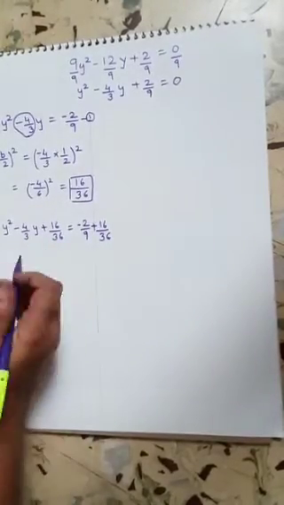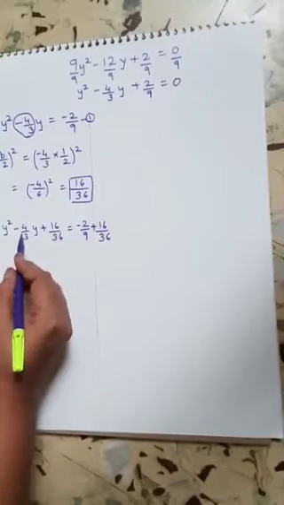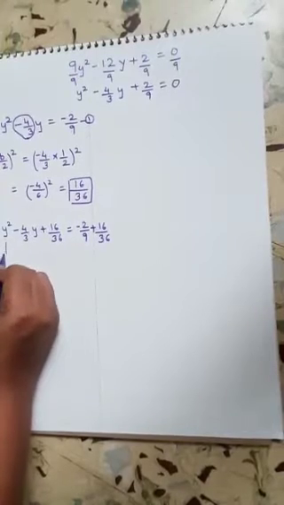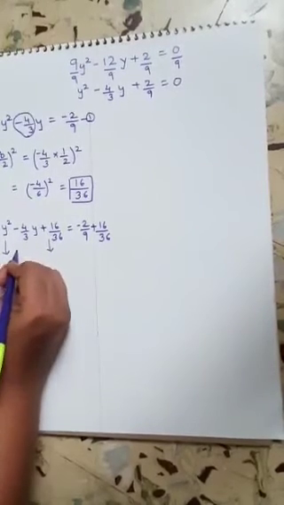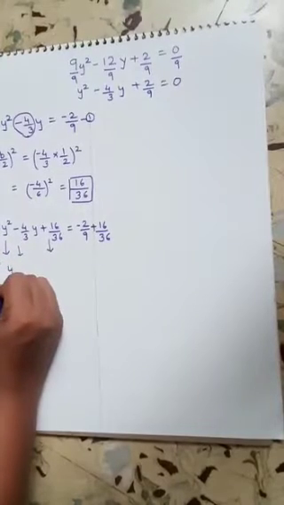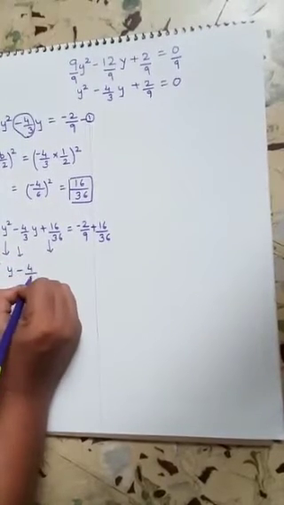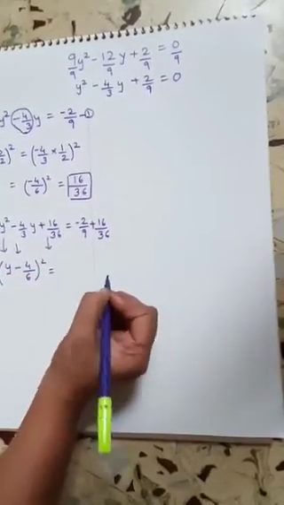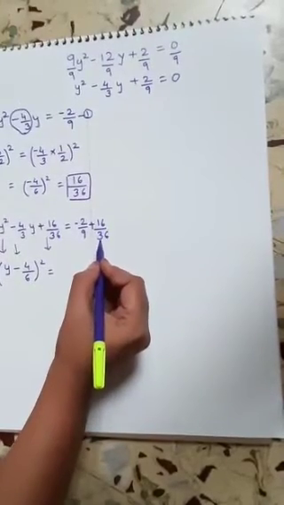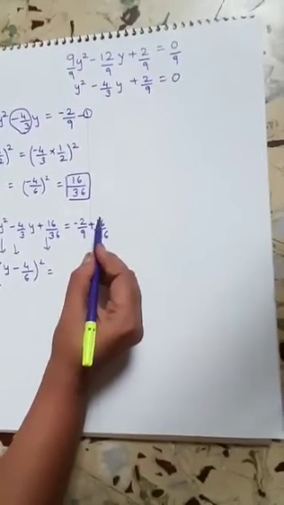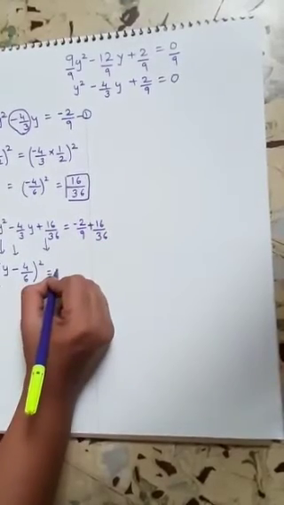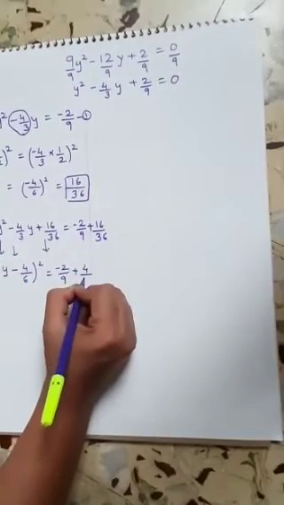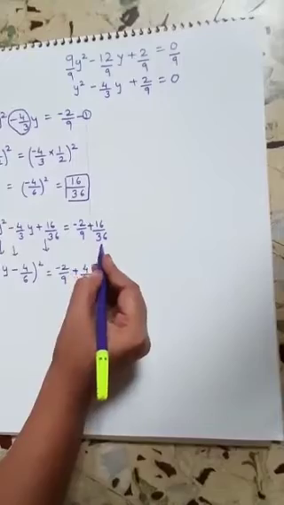Next step, take the square root of this, and put the middle sign. Okay. So if I take the square root of this, it's going to be the square root of this, and the negative sign. So it's going to be y minus 4 upon 6 whole square is equal to. So I'll just divide this 16 and 36 by 4. So it's going to be 4 4s are 16, 4 9s are 36. So I'm going to write minus 2 upon 9 plus 4 upon 9.